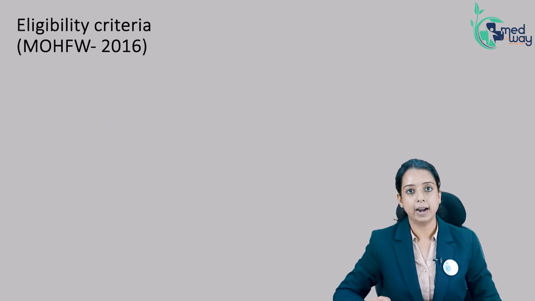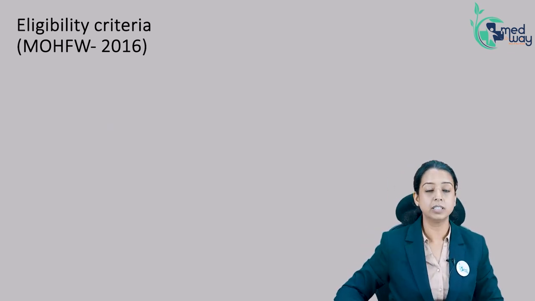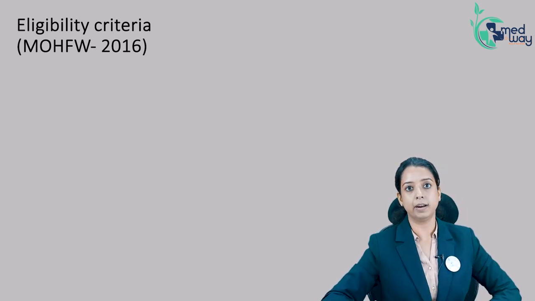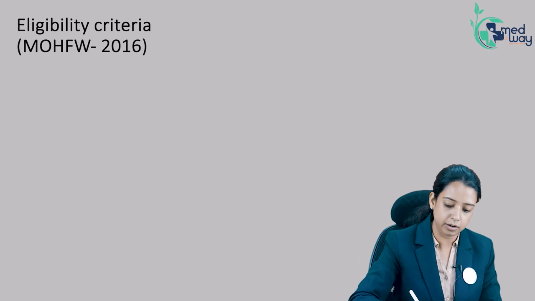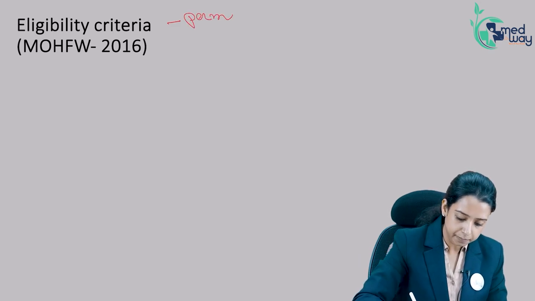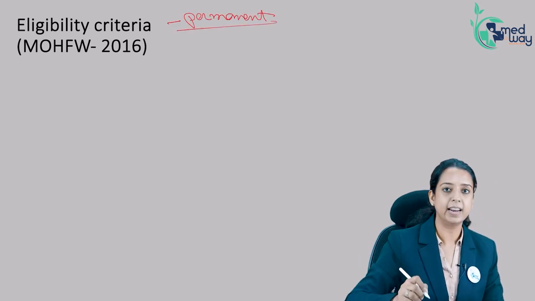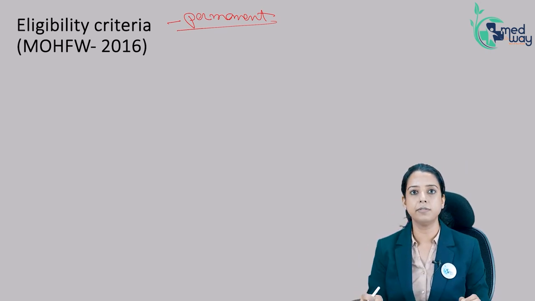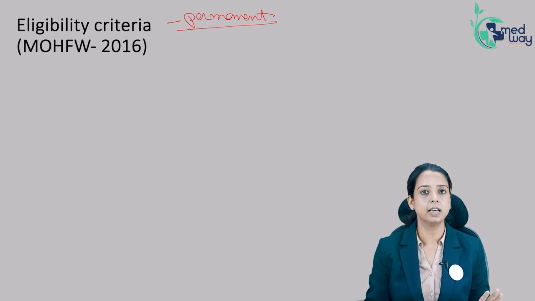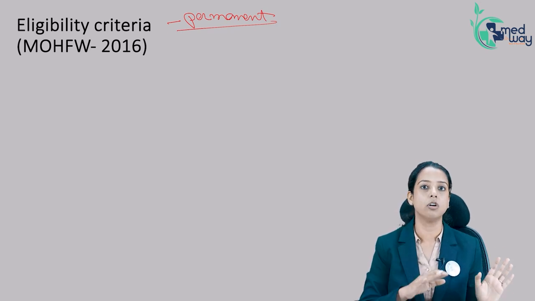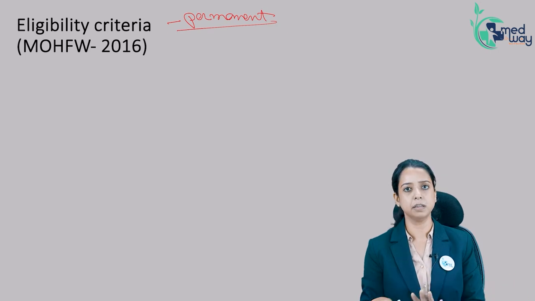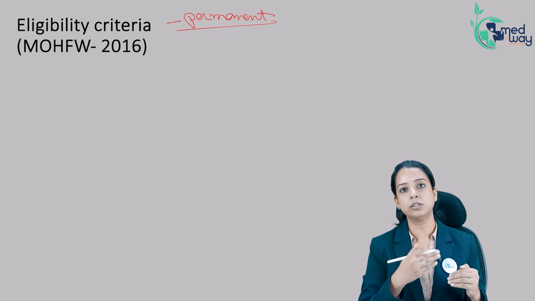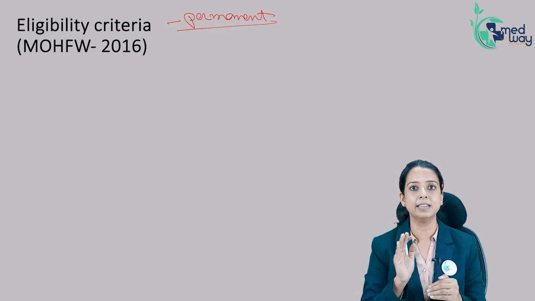So before going ahead with how we do it, let's first see who are the eligible candidates for tubal sterilization. We have to make sure we are giving it to the correct person, because we know it is a permanent method. We were not having any eligibility criteria besides testing the women for certain medical conditions. As such, there was no other eligibility criteria for other contraceptive methods because they were reversible. But this is not reversible. So we have some criteria given by the Ministry of Health and Family Welfare Guidelines in 2016.